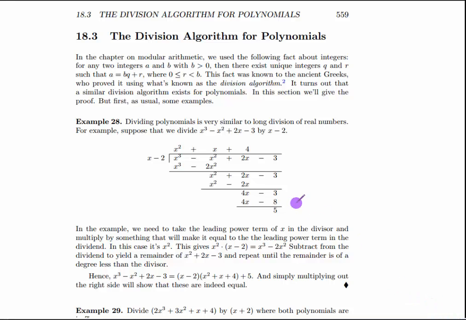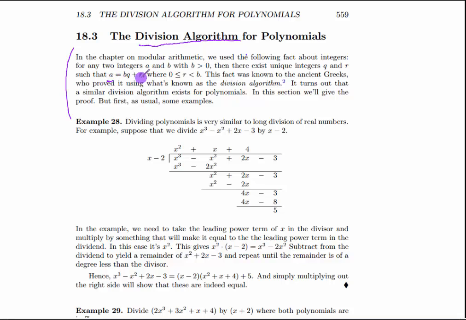Now we've talked about polynomial addition and subtraction and multiplication. So it's only right that we talk about polynomial division. Now, in analogy to division with integers, when you divide one integer by another, you have the number that's